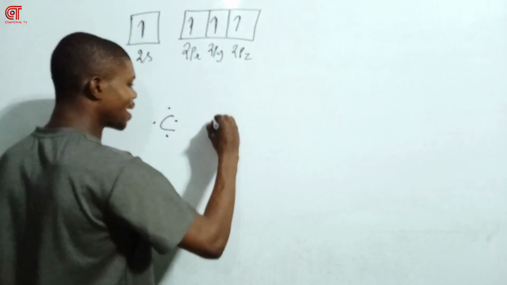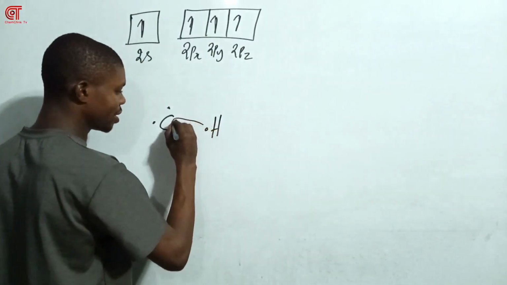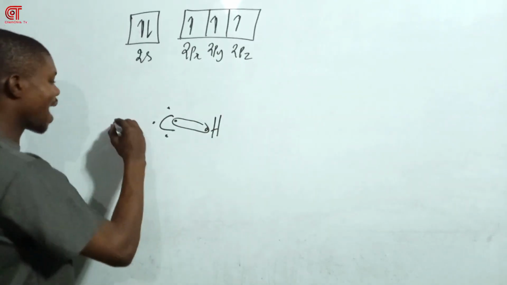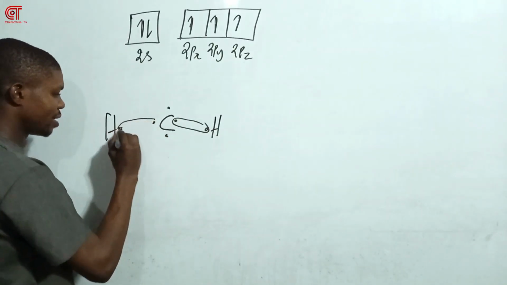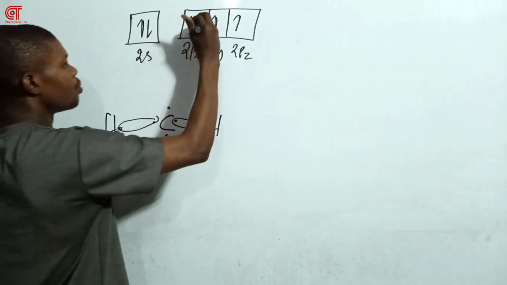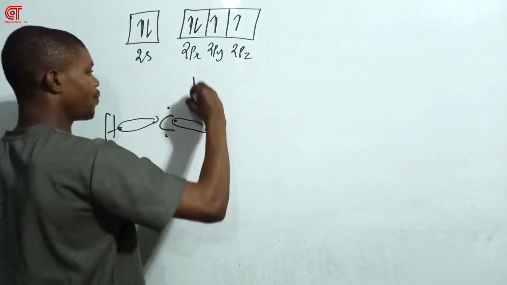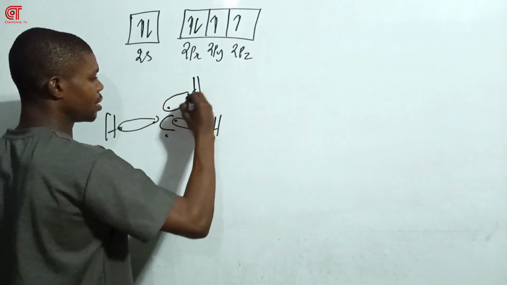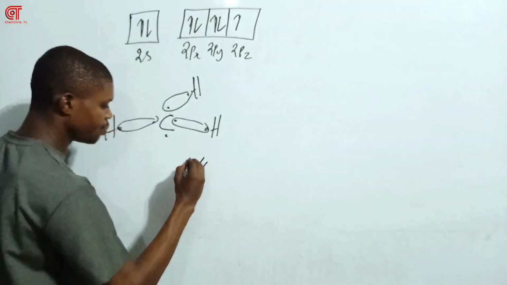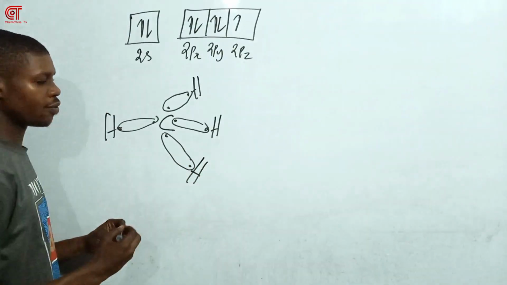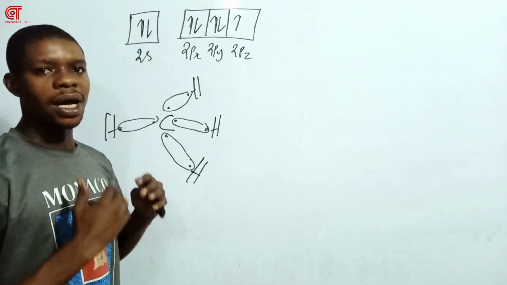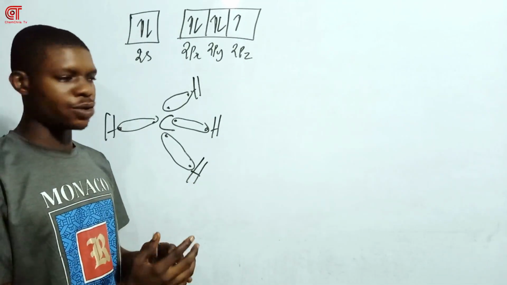If one hydrogen comes here and bonds with it, that makes use of a bond. If another hydrogen comes and bonds with this, what do you understand? It makes use of this bond. If another hydrogen comes and bonds with this, it makes use of this bonding. So the mixing of two or more atomic orbitals, you go to form a